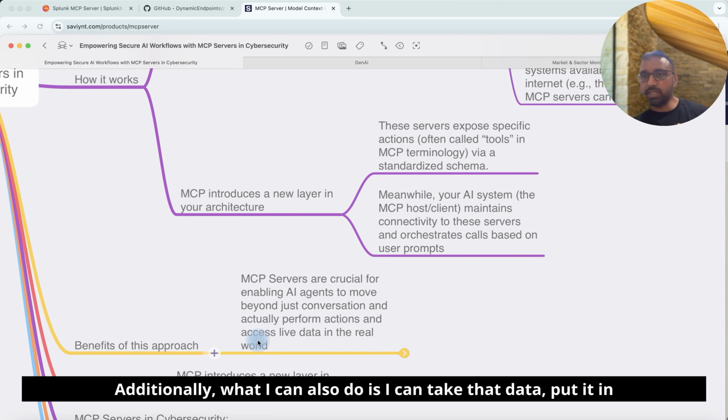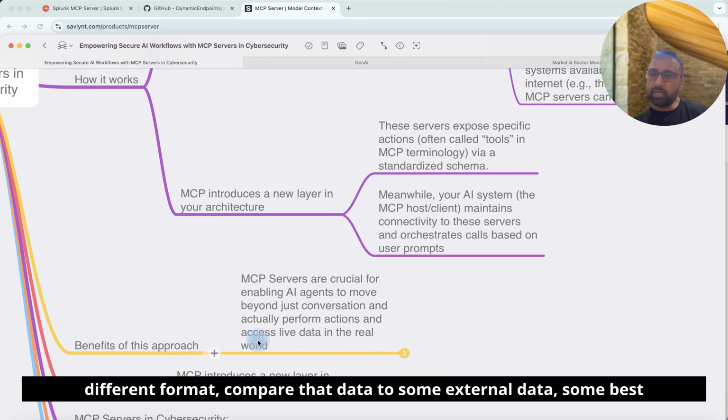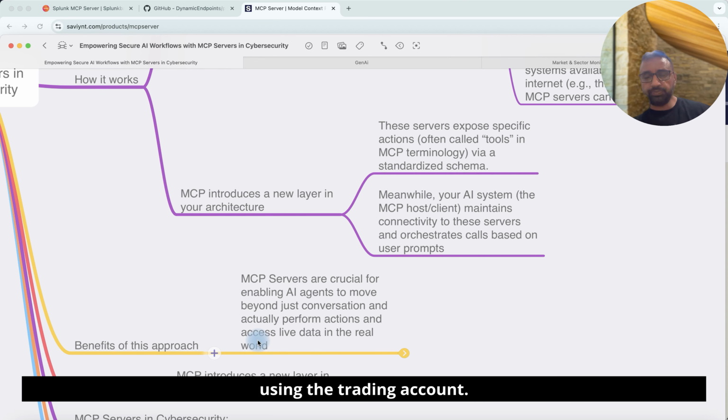Additionally, what I can also do is I can take that data, put it in a different format, compare that data to some external data, some best practices, some strategies that I want to use, and it enhances the way I'm using the trading account. Okay, so that's how MCP servers are useful. Now that's more of a